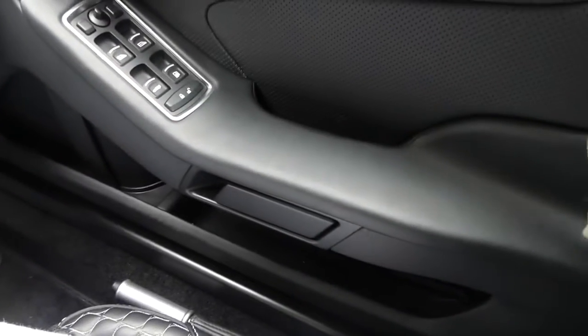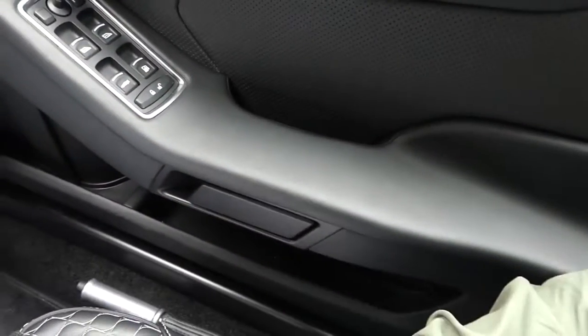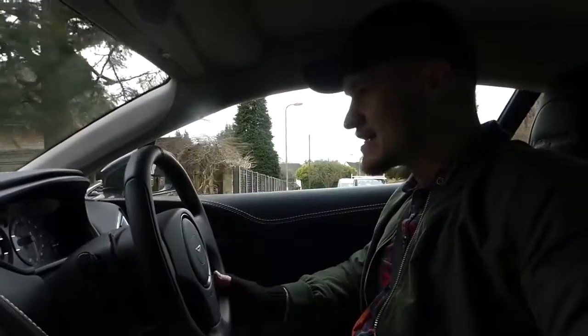And that is the parking brake off. And to put it back up, you use it just like a handbrake. Click it back in and pull it up, and then just let it sit back down there. So moving away is as simple as